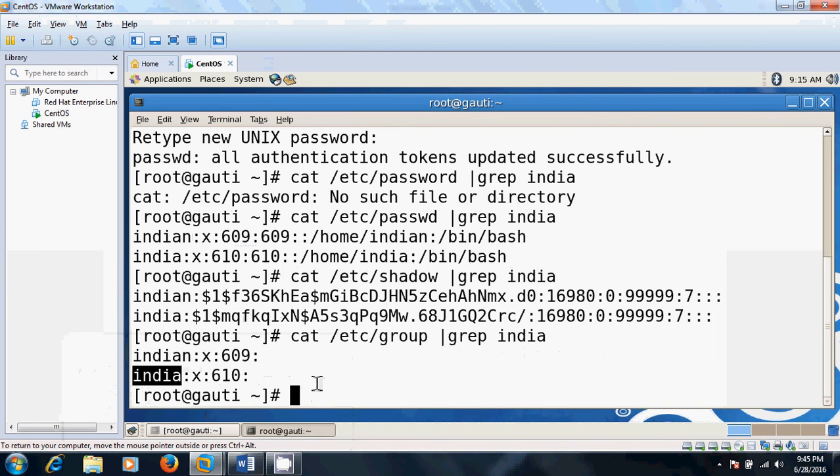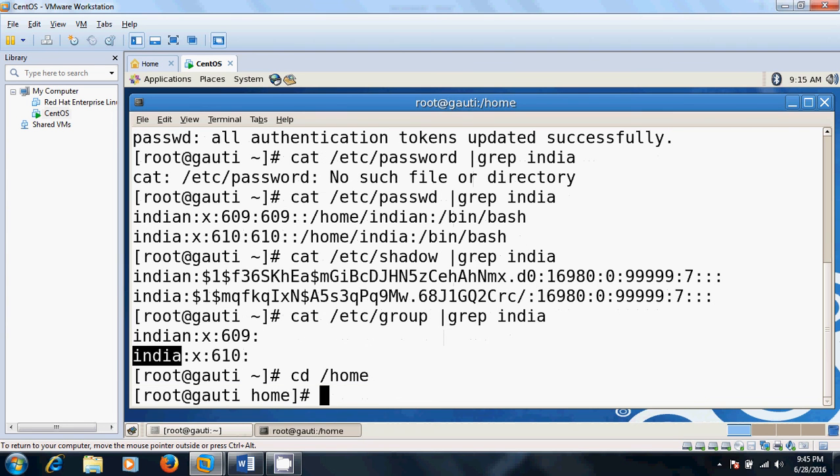Okay, we see all these things: /etc/passwd, /etc/shadow, and /etc/group. After that we go to the home directory, cd /home. Okay friends, we come to the home directory.